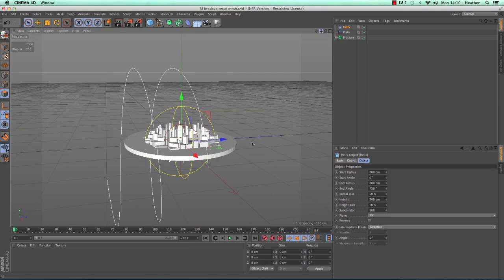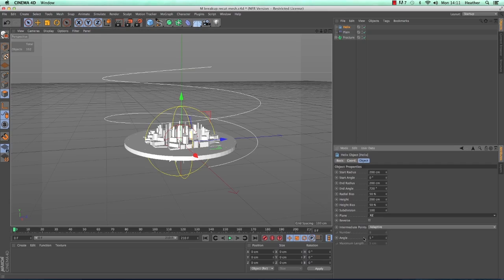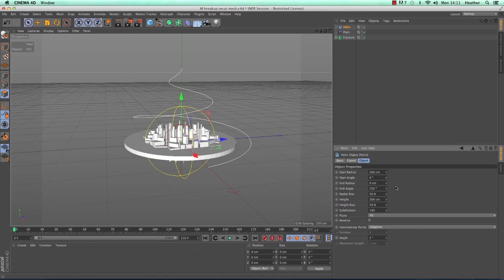The helix at the minute is going in the wrong direction, so I'm going to change the plane in the attribute manager. So I'm going to change plane to XZ, so it's sitting on the floor. I'm quite happy with the start radius being 200. That's fine. I need the end radius to be 0, so it's spiraling in. And then I'm going to reduce the height to 0 as well, so it's flat on the floor.